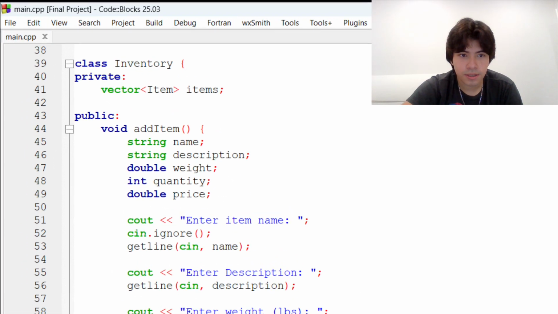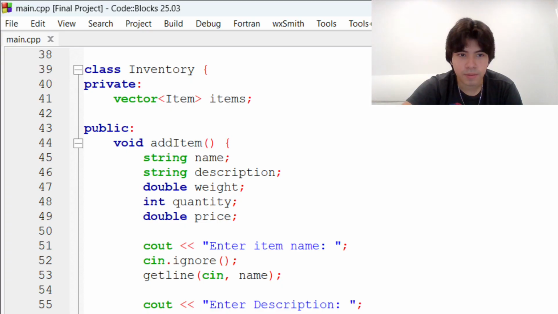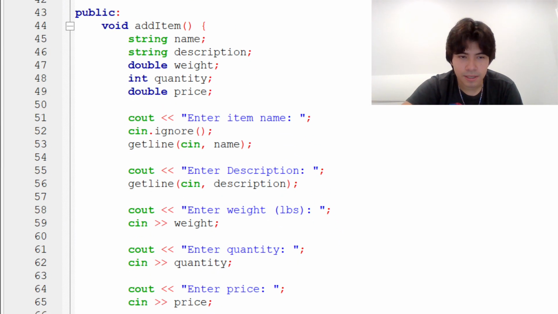So here in the private section, I'm going to make a vector to contain all these items. And the vector is called items. In the public section of the inventory, I'm going to show the add function, to add an item, where after you select the add item prompt, it's going to instruct you to enter the item name,